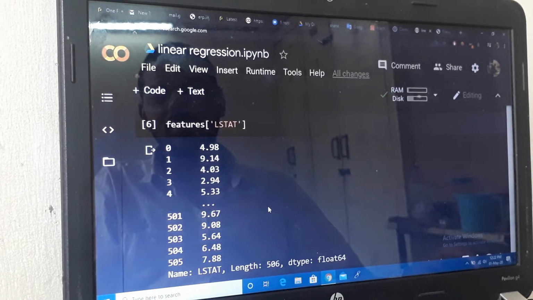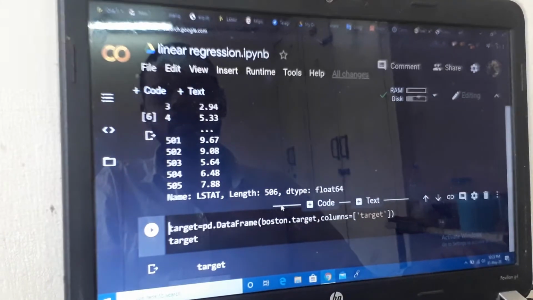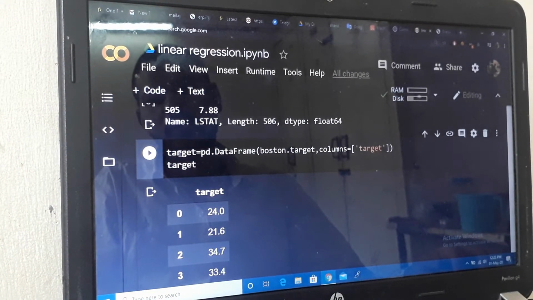So the NumPy library is very good for machine learning and data science. So you can easily handle a lot of numerical values in a less amount of time. So next will be target. This is a column name we will add at the last column of the data.